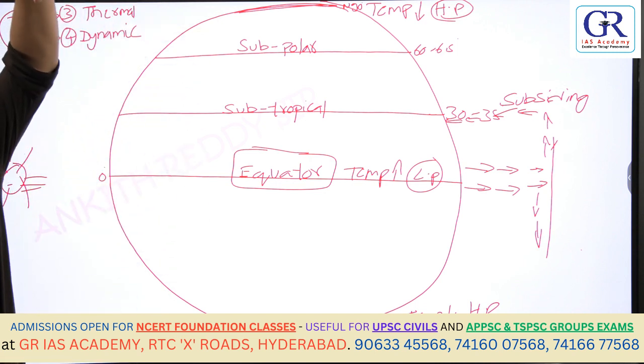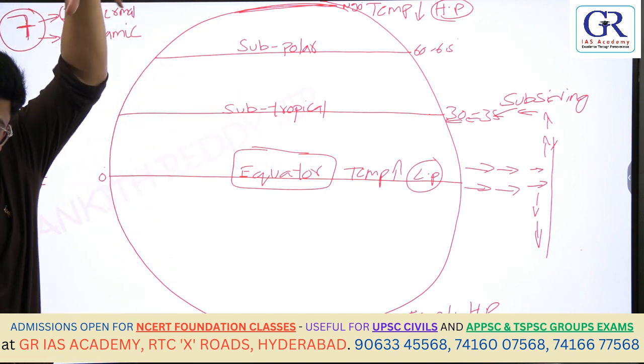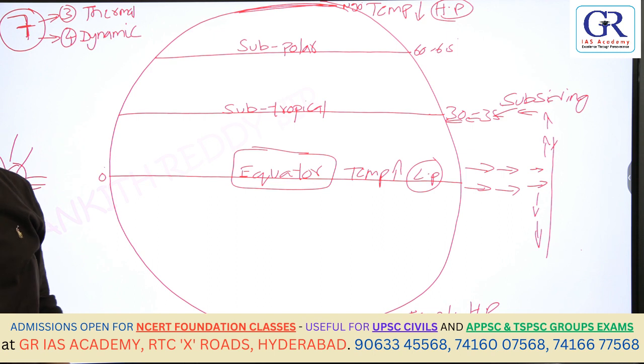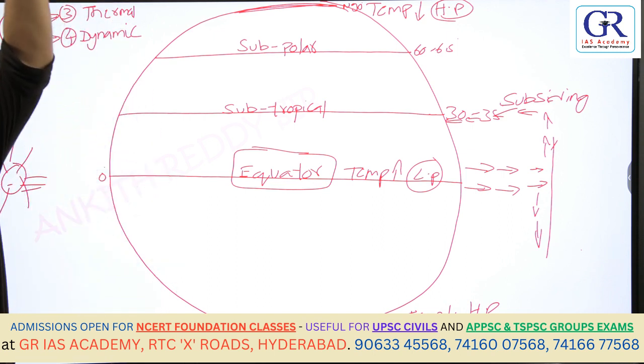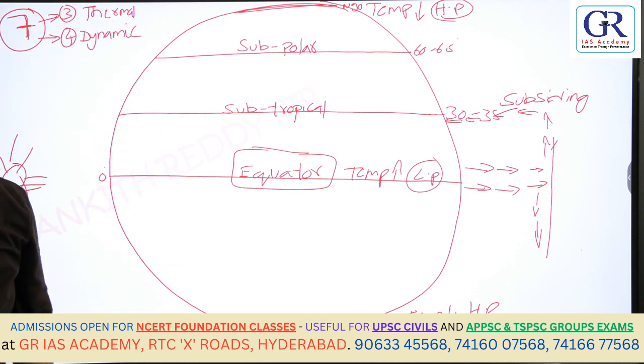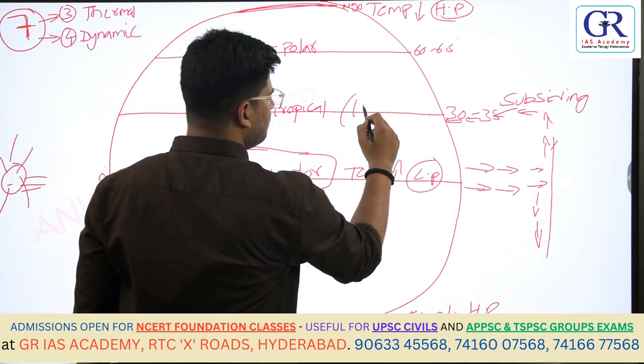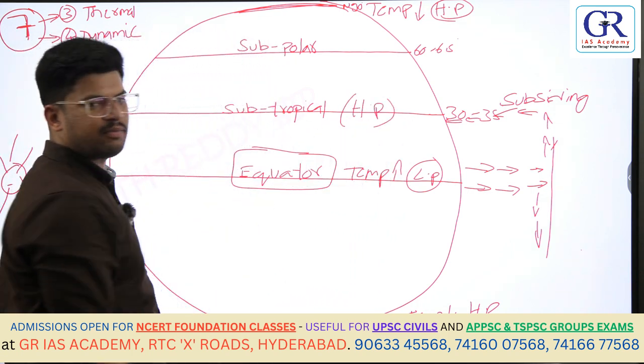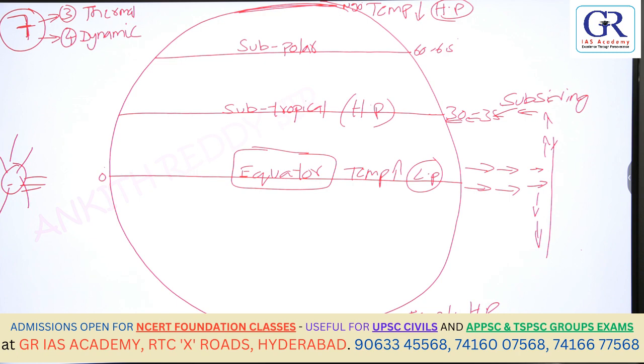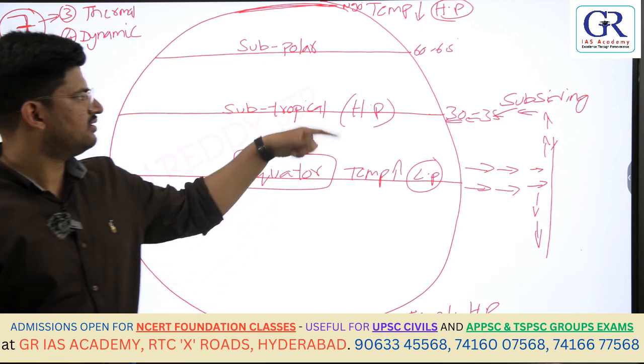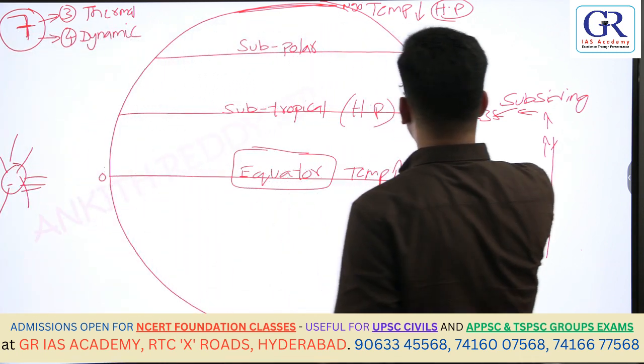So since now this region will be high pressure or low pressure, air is coming from high to low. What type of pressure will it have? Air is coming from higher latitudes down. So what type of pressure will it have? High pressure area. So can I call it a subtropical high pressure area? Okay. Then moving on to the subpolar region.